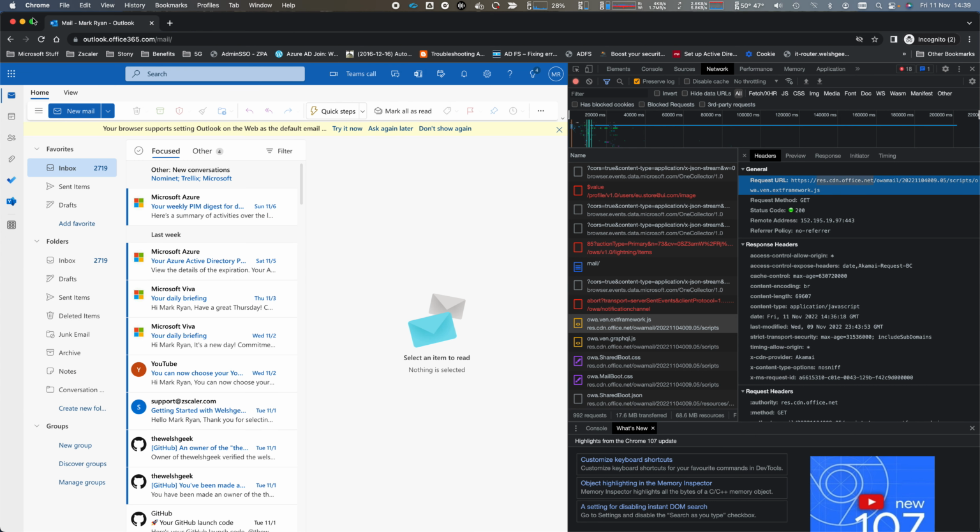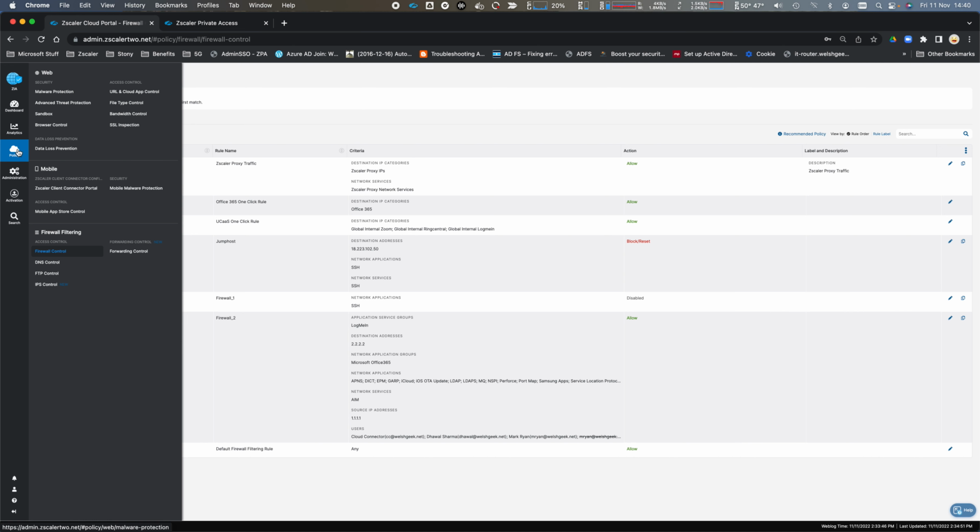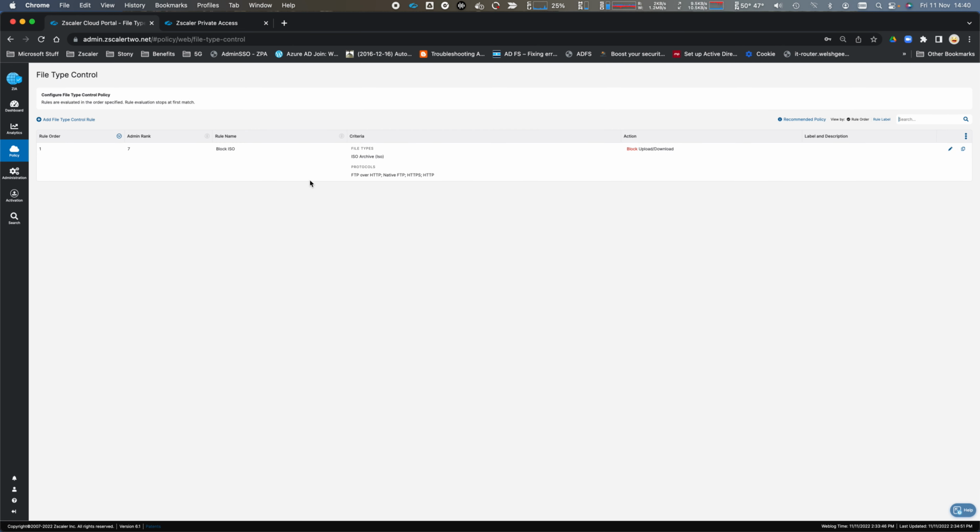Okay, so let's close this window down, and we'll come across and take a look at policy for file type control. File type control is a good object to prevent infection on machines, a hard block to prevent files being downloaded and then being passed to the sandbox to be inspected. So in this case, I've got a hard block for ISO images,